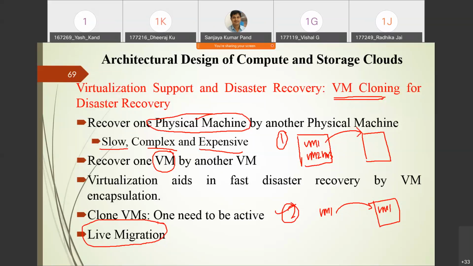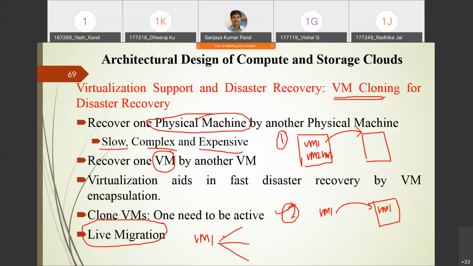Virtualization aids in fast disaster recovery by VM encapsulation. So by using the virtual machine, you can also do fast disaster recovery. The reason for cloning virtual machines is that if a virtual machine crashes, the same thing will be required from other virtual machines. That's why in many cases it is suggested that a single copy of the virtual machine should be replicated in at least three places.